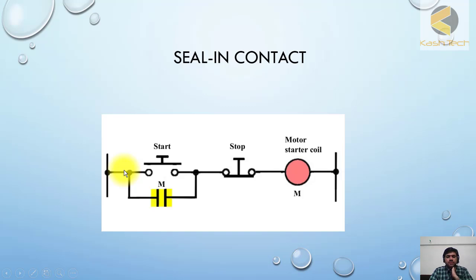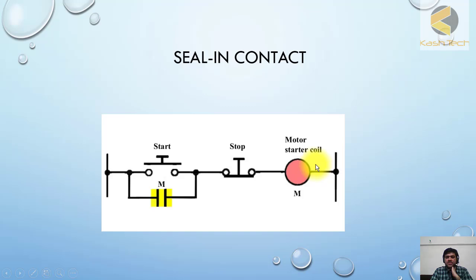So this is the example of a latching circuit. Latch is the behavior of the circuit, and this contact M is the normally open contact of this starter coil, or you can say auxiliary relay, or contactor. If I did not press the button, this is solid DC, as we say in our production terminology, or main DC, coming here. If I press the button, the DC will pass through this and go to the motor starter coil,